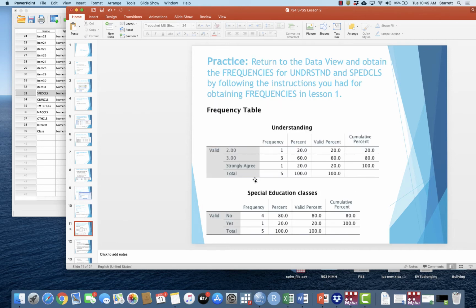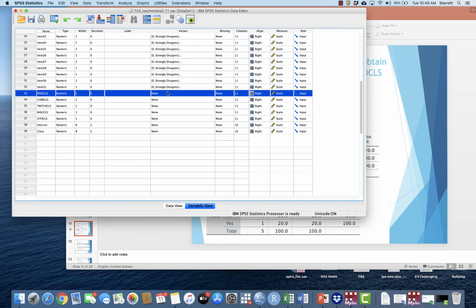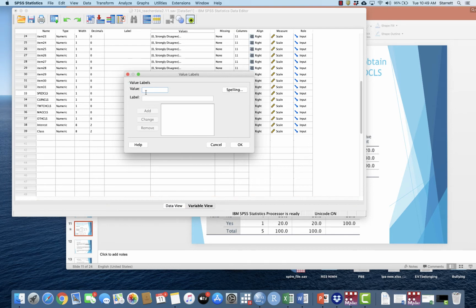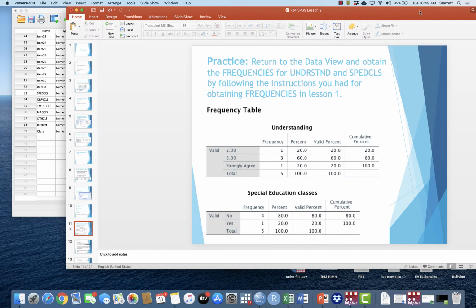All right, so just as a recall from our first lesson a couple weeks ago, what we're going to do is calculate frequency. I guess I actually need to go ahead and put it in for special education classes. So I've got 0 is no, and I've got 1 is yes. All right, and so what we want to do is calculate frequency tables for understanding and